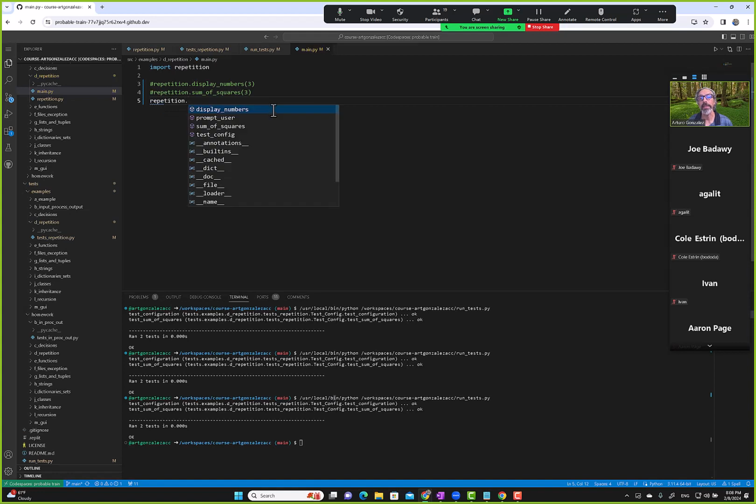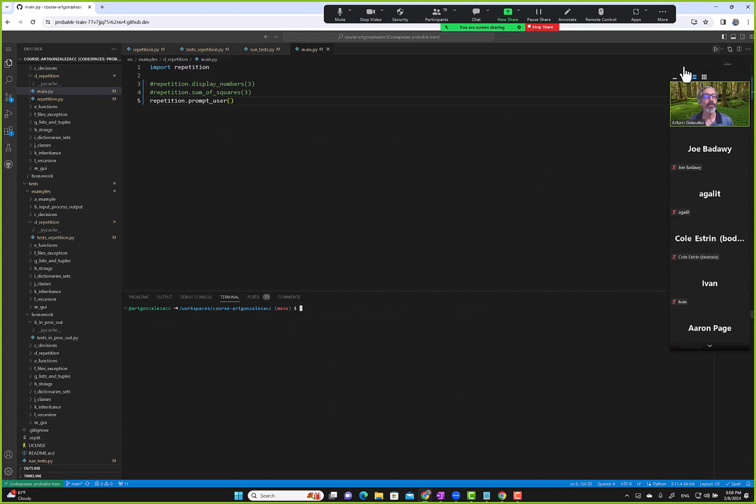So we're like, okay, prompt user. Notice this function doesn't require any input from outside. Everything happens inside the function. So let's see what happens here. Clear output. Run. Loop again. Yes. Loop again, capital Y. Yes. Loop again. I'm in a hurry. I typed that. So notice anything that's not lower or uppercase Y,